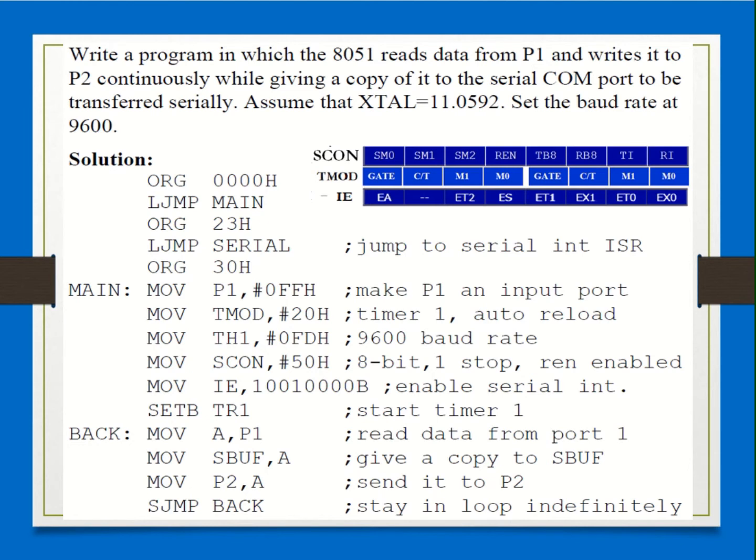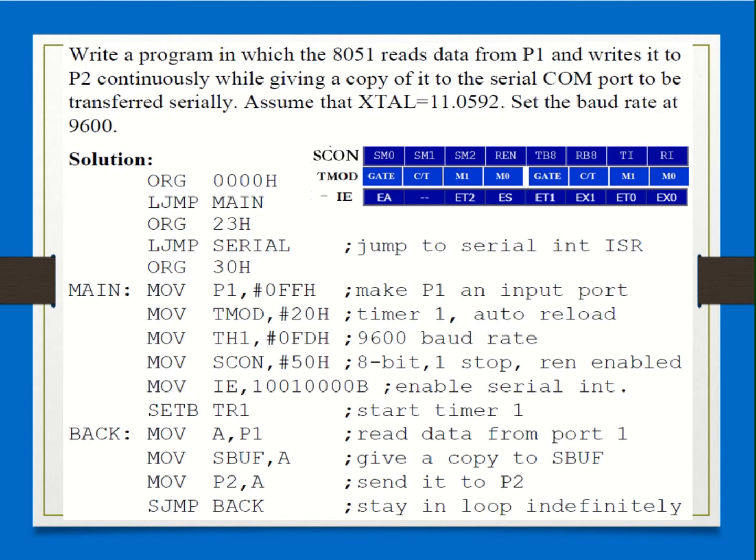In the next instruction, you are loading the value FD into the TH1 register. Why is this? This is because you're programming the timer to be operating with the baud rate 9600. So in order to calculate the initial value, what is the procedure? Now we are talking about serial communication, right?